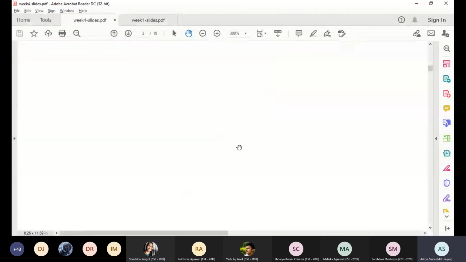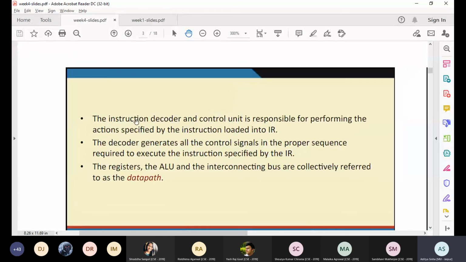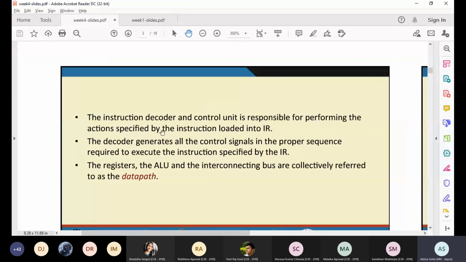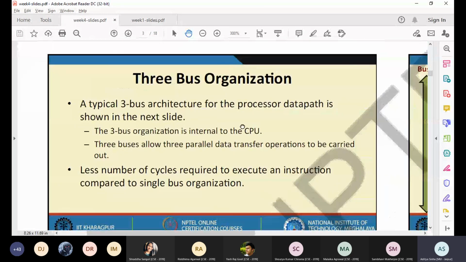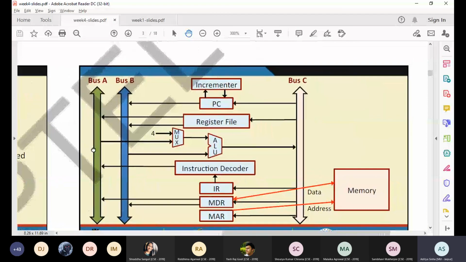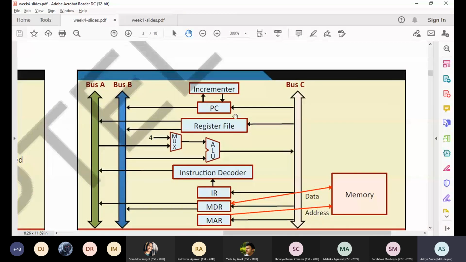So the instruction decoder and control unit is responsible for performing actions specified with the instruction loaded in IR. We have seen all these points. Okay, we'll discuss one more multiple bus architecture, that is 3-bus organization, in the next lecture, and then we'll see how the registers are actually placed inside the processor and how the internal workings of them actually look, how many inputs does it take, how many outputs are there. So we'll discuss this point in the next lecture. Okay, so hopefully, and I'll suggest to you guys, try to do it with your own hand in your own copy, so then the things will be clearer.